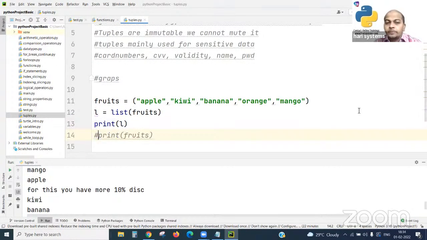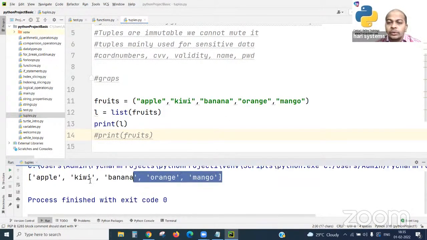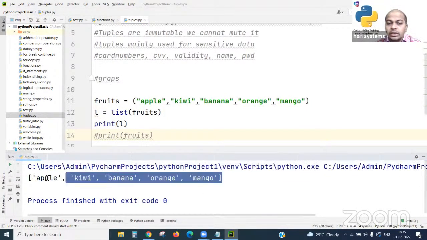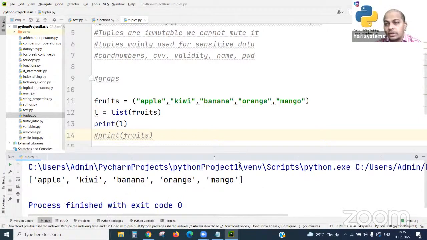If we see items in the output using square braces, we call them list items. As we see in L, square braces in the output, it would be called a list item.